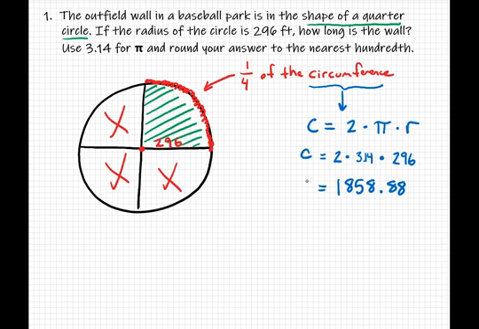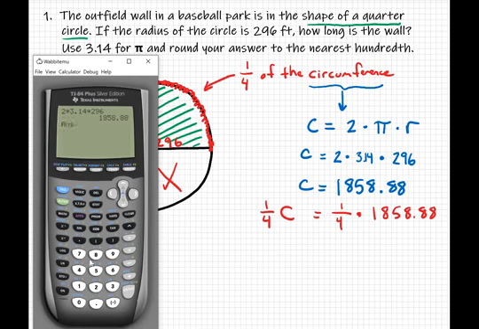So that's the whole circle. That's the entire circumference. What we want is 1/4 of the circumference. And 1/4 of tells us to multiply. So we need 1/4 of the 1,858.88. All right, so let's pull the calculator back up